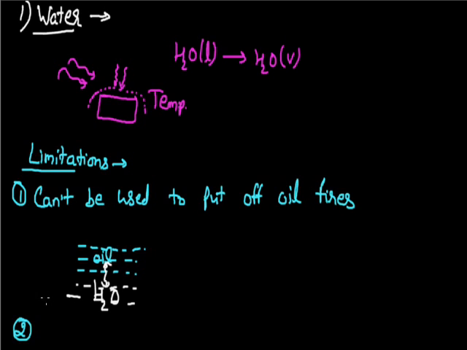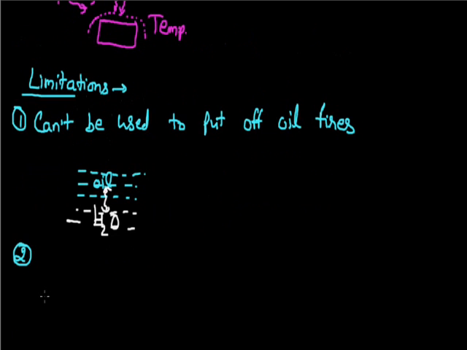And the second limitation associated with the use of this fire extinguisher is if I talk about the fire which is caused by electricity. As we know, impure water can conduct electricity. If the fire is there due to the combustion of electrical appliances which are in work, when we use water to put off the fire here, that may result in the electrocution of the person involved. So if the fire is caused by electricity, again we cannot use this water as a fire extinguisher.